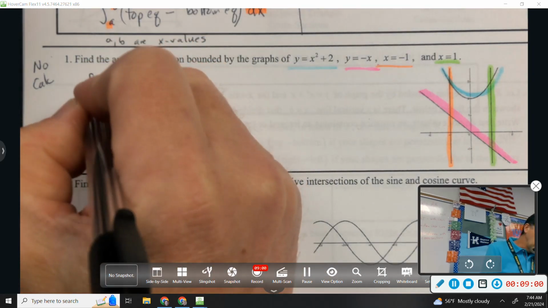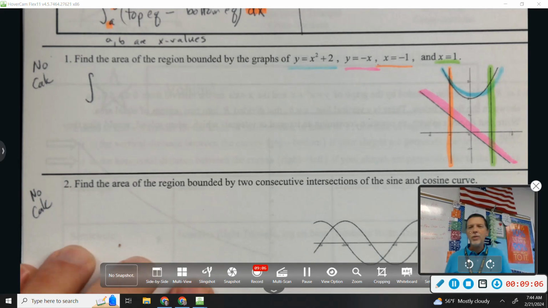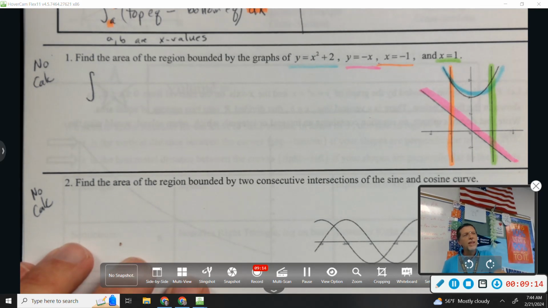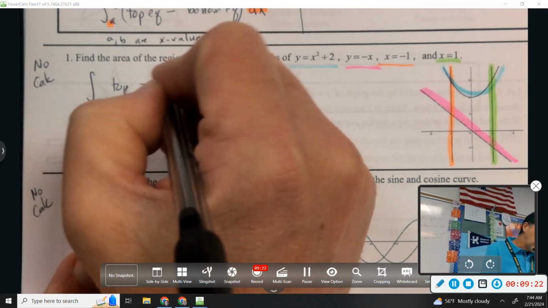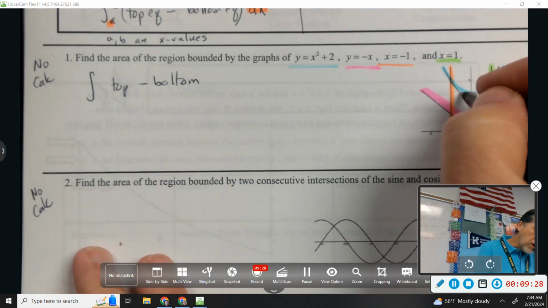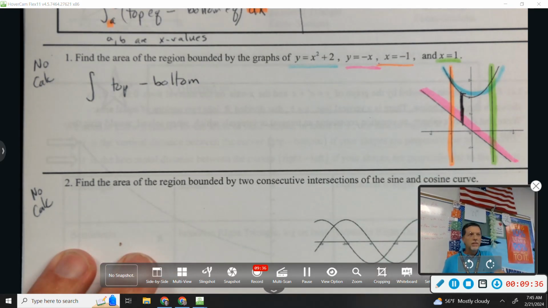Okay, so I need the integral of... what I like to answer first is, is this going to be a dx question or a dy question? Am I going to be doing top minus bottom or right minus left? Let's do top minus bottom. And so sometimes I even see people write that down. Top minus bottom, which means how thick are my rectangles, or is this dx or dy? That's sort of the same question. How thick is that rectangle? Dx. So I know it's a dx problem,